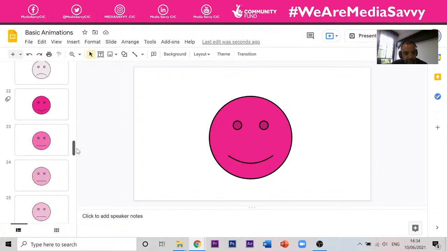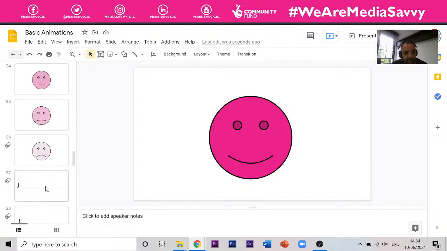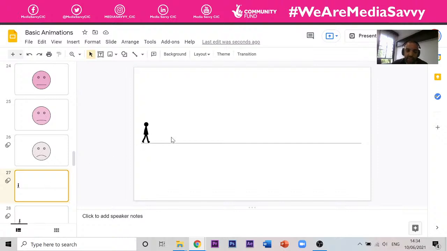It then got me thinking, can we do something else? So I started playing around with this little character here. I downloaded this little image from the internet, and I thought, could we make a character move? So I give it a go,